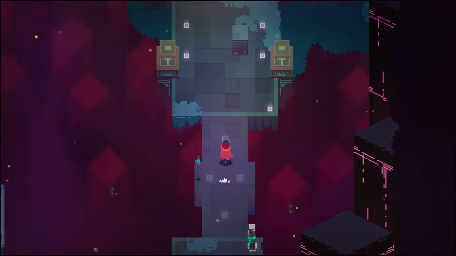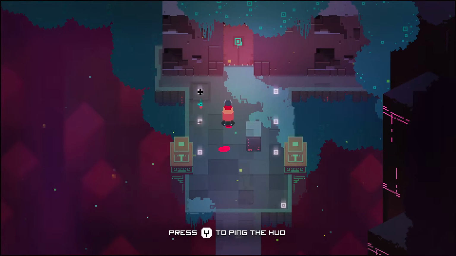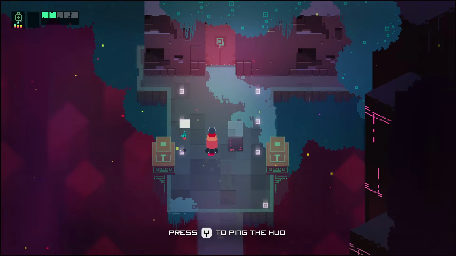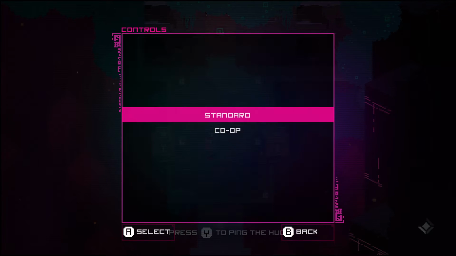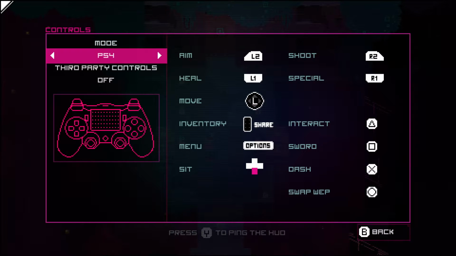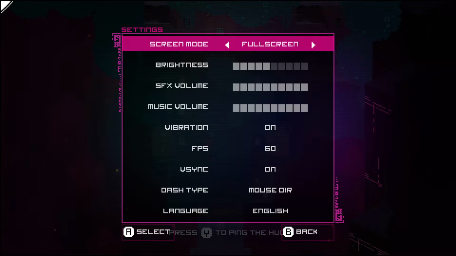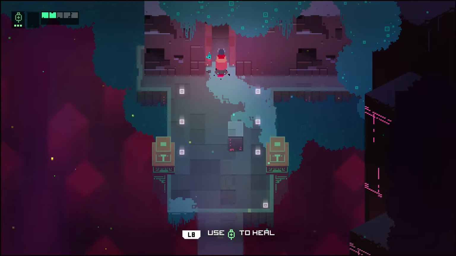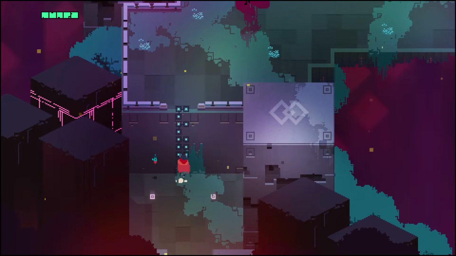I'm not sure I want this layout of buttons though. Like, I feel like press Y to ping the heads up display. Yeah. I feel like the controls here are wrong. Can we change this to anything else? Nope. So I'm just gonna have to learn that A is dash when it feels like B should be dash. Well, see, that's gonna be weird. I don't know if my heals...